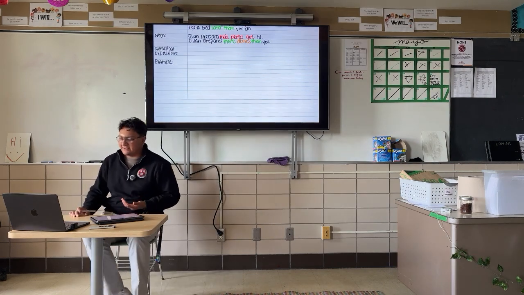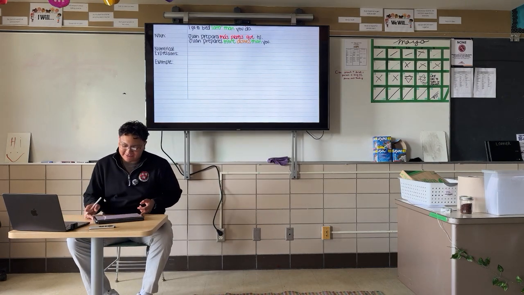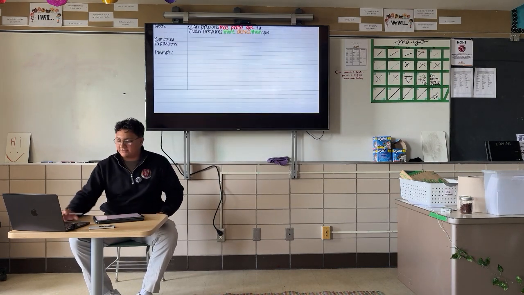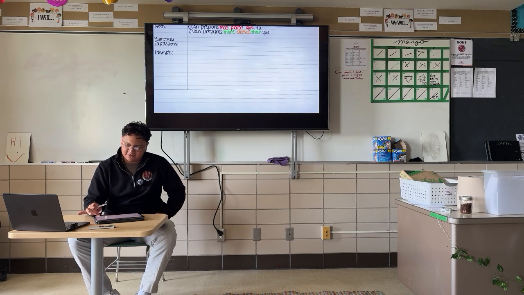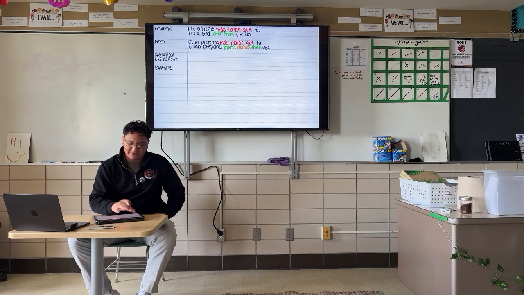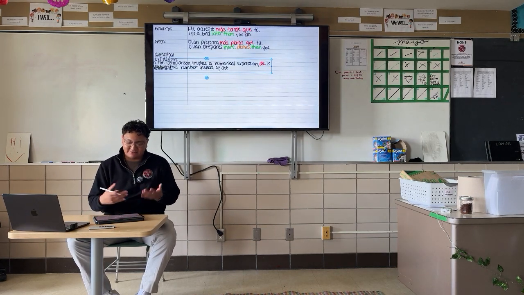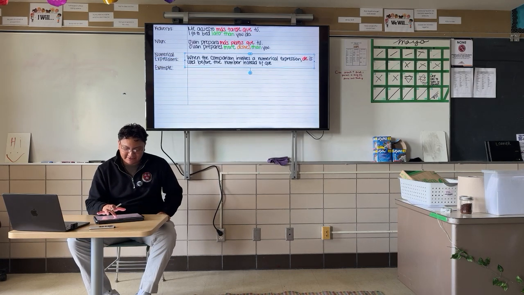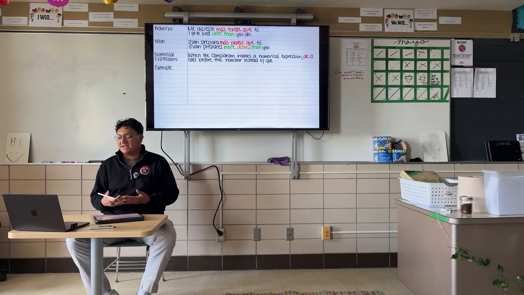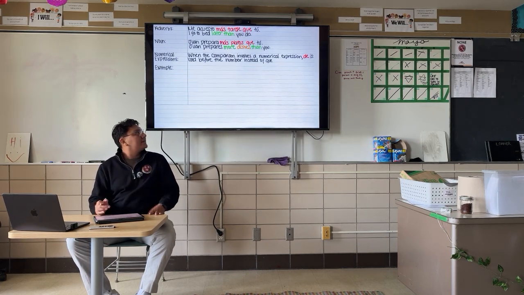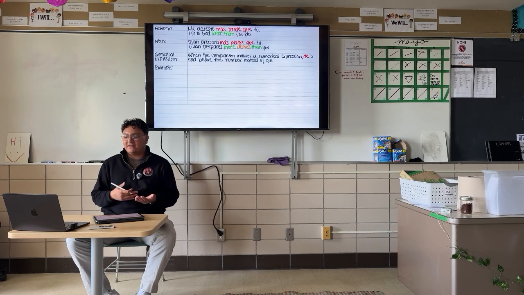Give me a second. Okay, so now let's look at numerical expressions, right? So here, I'm just going to copy and paste this in so it's a little quicker and I can talk while you write this down. So, numerical expressions, right? What we have talked about previously is when we're comparing two things. However, there are times where we can compare using numbers. So, when the comparison involves a numerical expression, the word de is used before the number